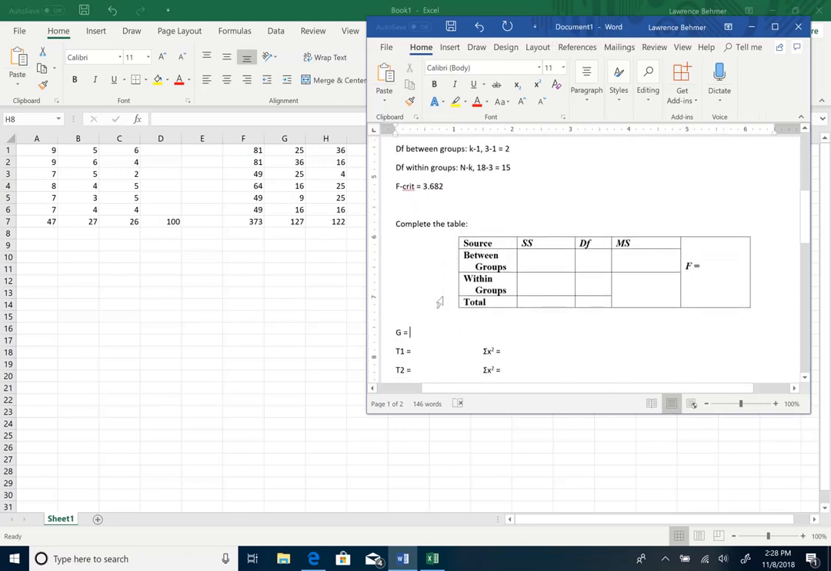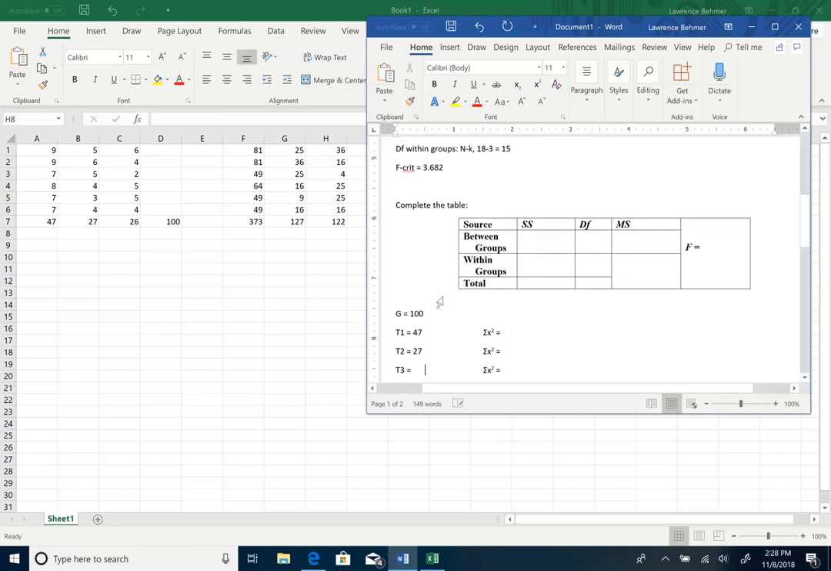All right, so G was 100, T1 was 47, T2 was 27, and T3 was 26. And then our respective sigmas were 373 for the first group, 127 for the second group, and 122 for the third. So now I have